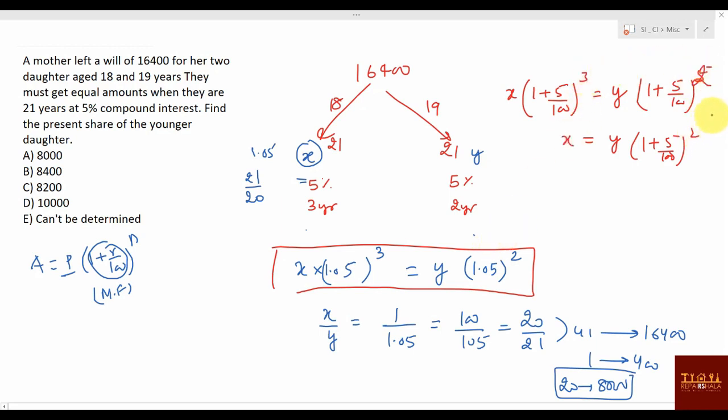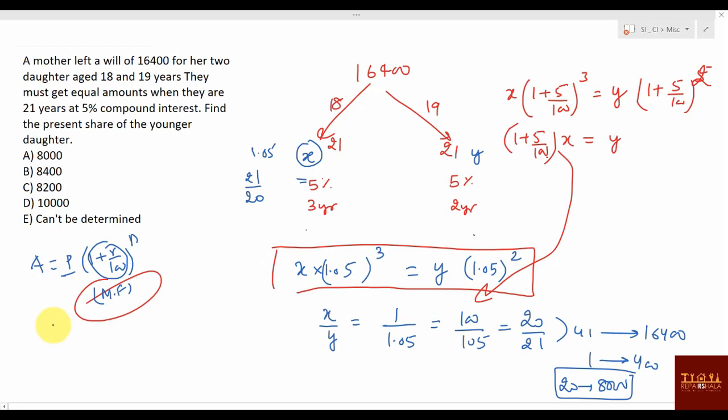If this one is 2, then remove this. So if this is 2, this will become 1. So this part will come here. You can say x into 1 plus 5 by 100. And same thing I have written there. I skipped some 2 or 3 steps. So why have I skipped? Because already I have told you this multiplying factor concept. I can apply the same thing and then get the answer. So you should save time. Writing this thing and solving will take at least 10 seconds extra. Should save that. Okay. Next.